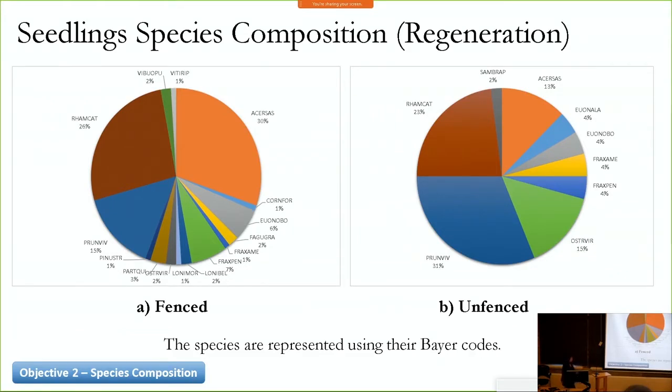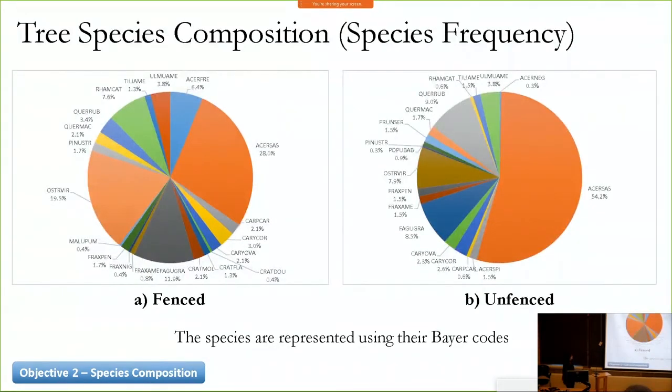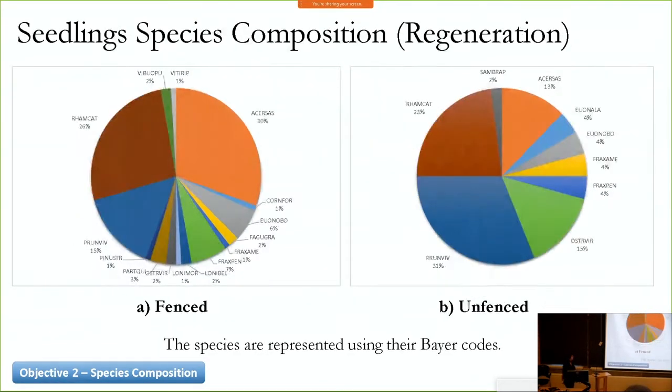But what's happening is that in the fence plots, you have the sugar maple coming up, which is great news, and it's 30% of the species. So here you see that in the whole plot, you have 28% of the trees are sugar maple, and in the regeneration layer, you have 30% sugar maple, which is great. So you do have this regeneration occurring, even though there is this dominance of buckthorn and chokecherry, you're still having